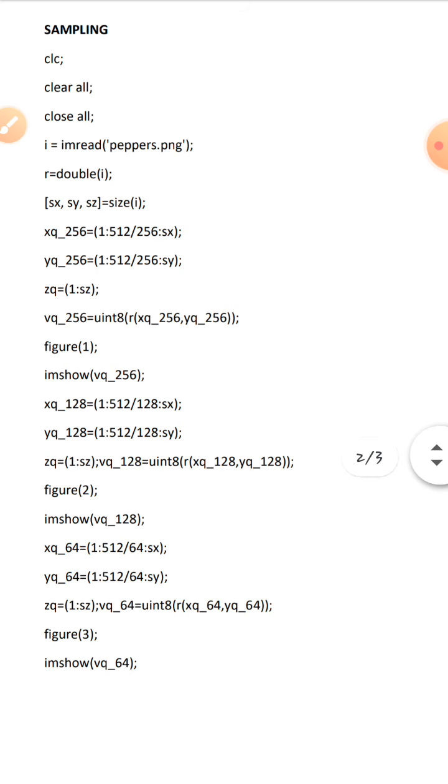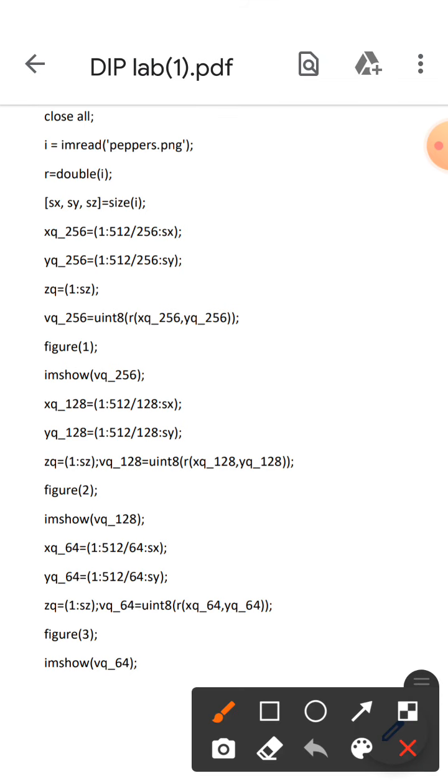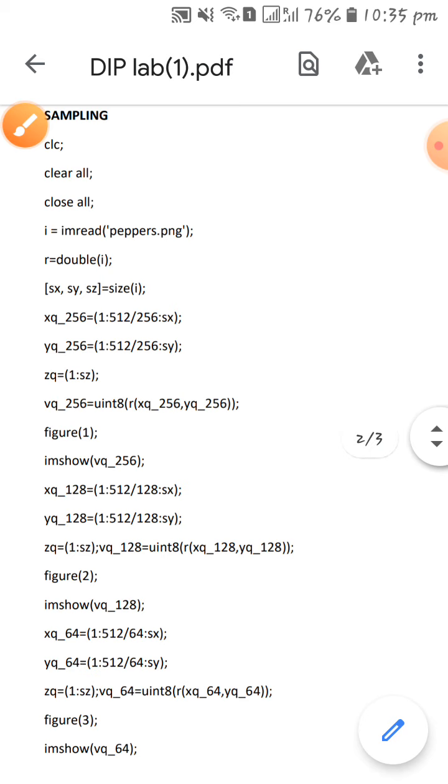And third command, you can see that it is close all. So here we try to close the figure windows that are present, and in this line we are trying to read the image, that is peppers.png. So that will be used to load the image.